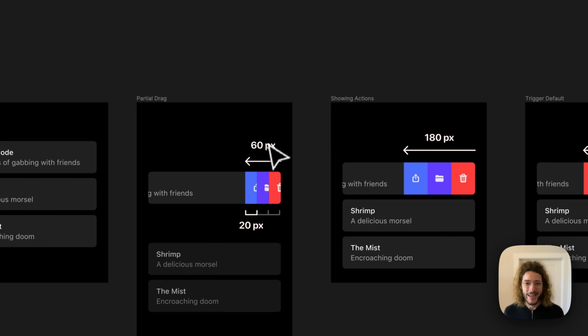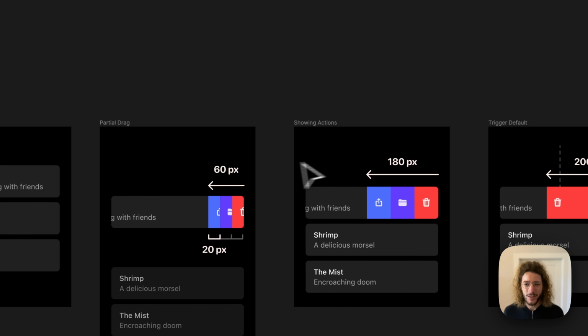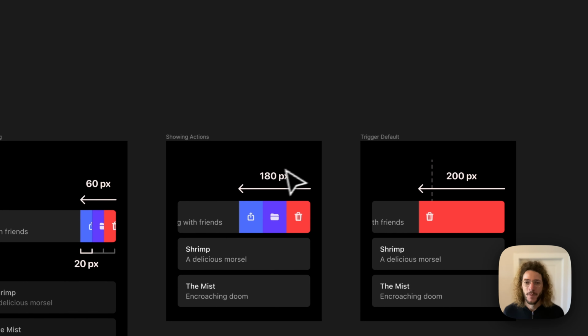And in that gap which is opened, we will start to slide in some of our swipe actions, and they will each be allocated a segment of those 60 pixels. So if we have 3 swipe actions, they will each be given 60 over 3 pixels, so 20 pixels apiece, etc. And then eventually, if the user were to release beyond a certain point, we would expand all of these swipe actions to their full width and sort of hold them here until the user swiped them away